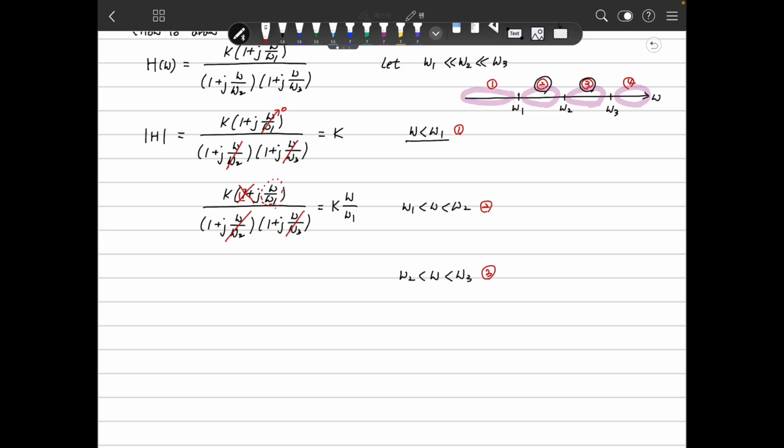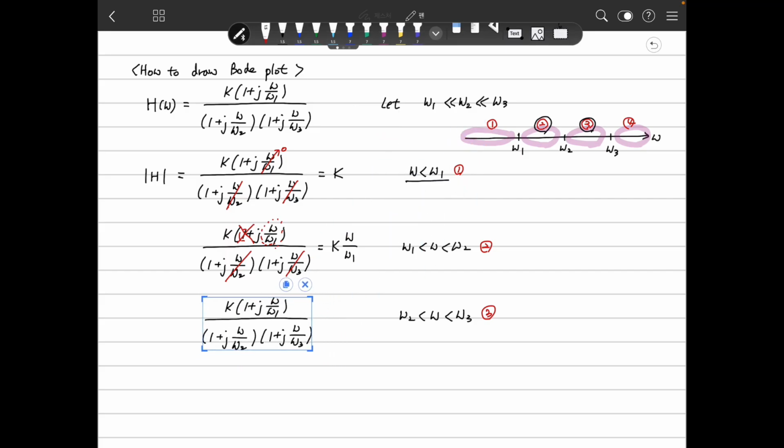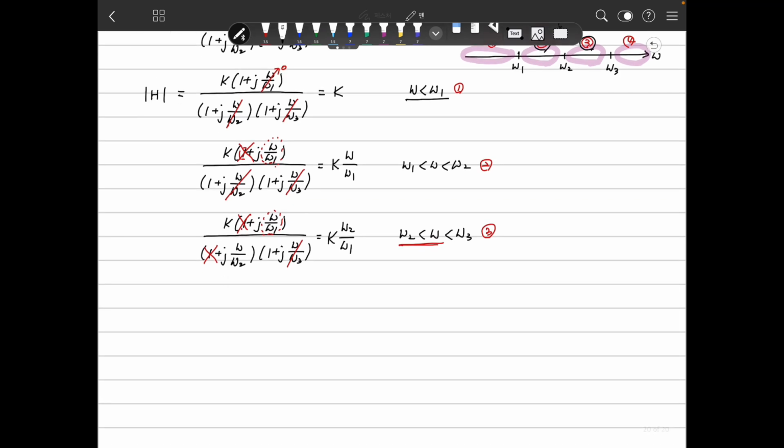Right? So we have the same things like that. Then this is compared to high, larger than here, so we can ignore it, because omega is larger than omega 2, and this is a 0. So that will be k omega 1 and omega 2. These are constant values. And first,